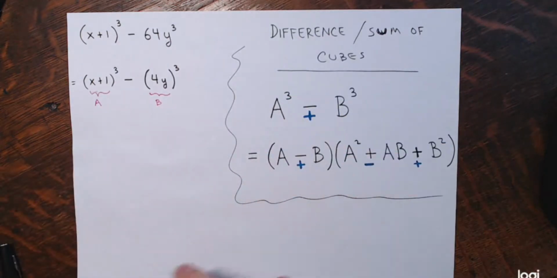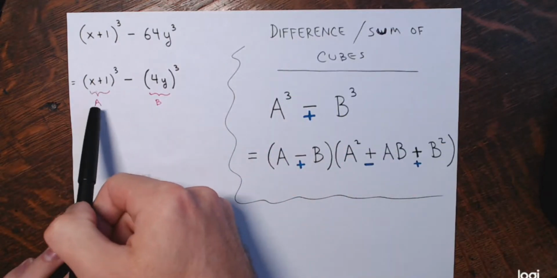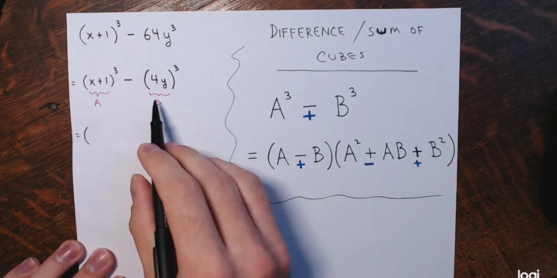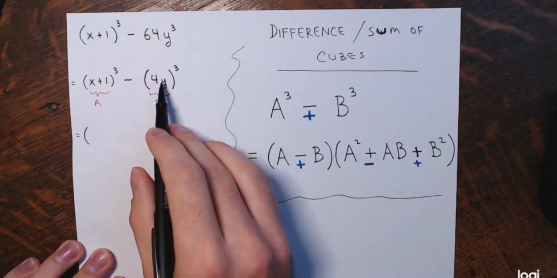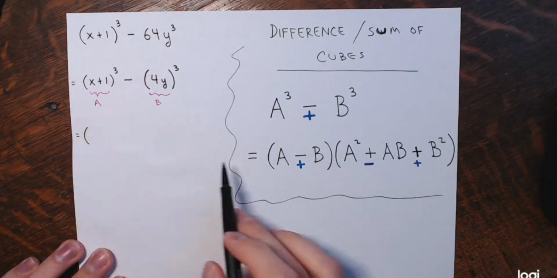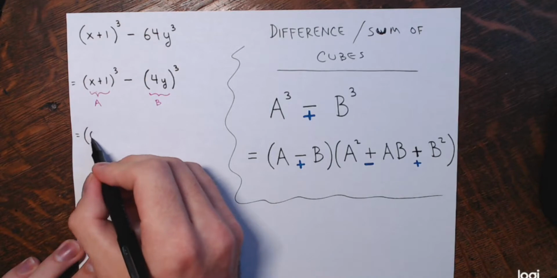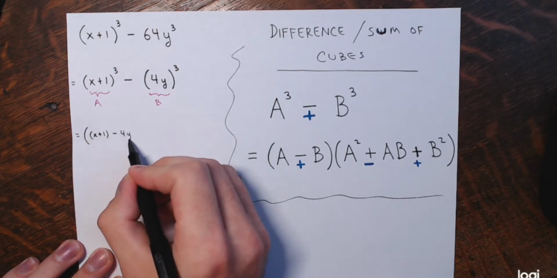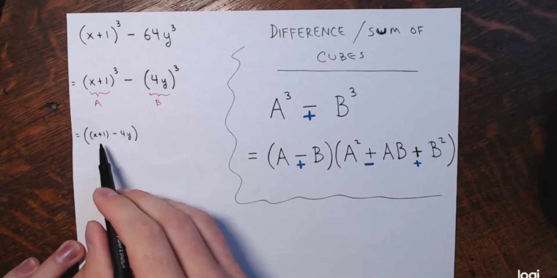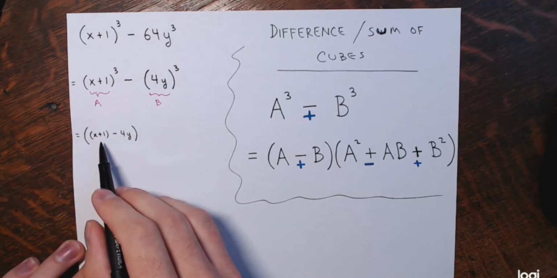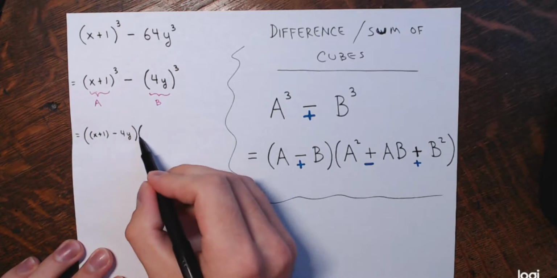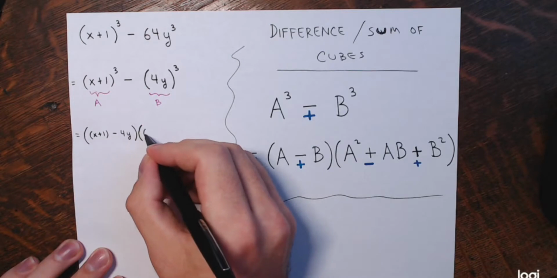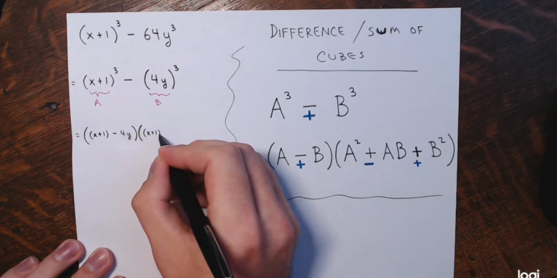So just go through the formula and replace all the a's with the quantity x plus 1, and all the b's with just 4y. All right, so the first factor is a minus b. So it'll be x plus 1 minus 4y. There's really no need for the parentheses on the x plus 1 there. Times, and the second factor is a squared, right? So the quantity x plus 1 squared,